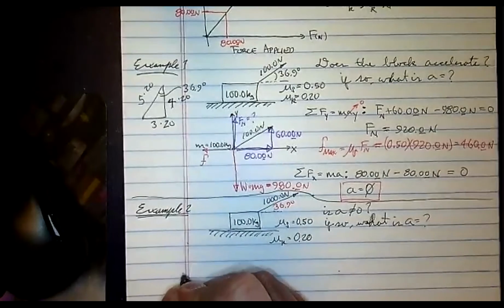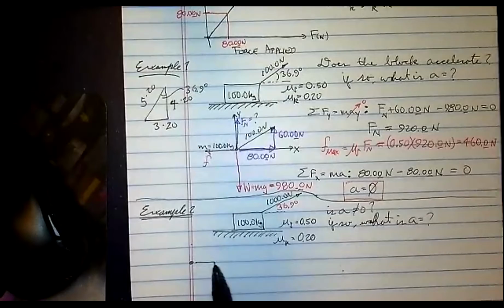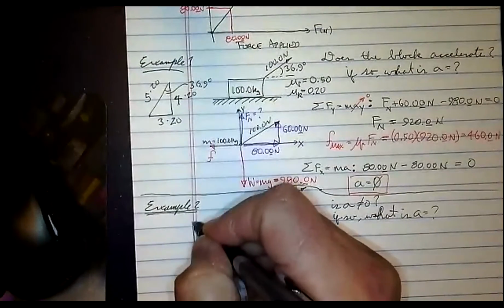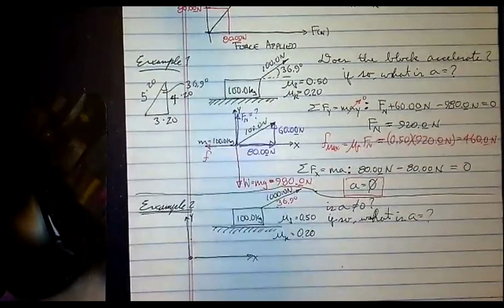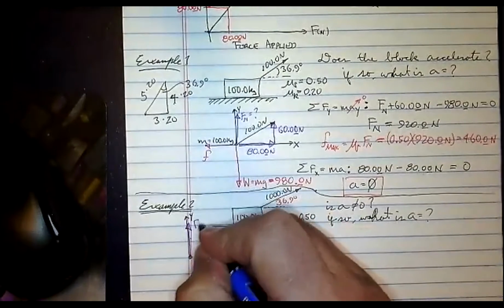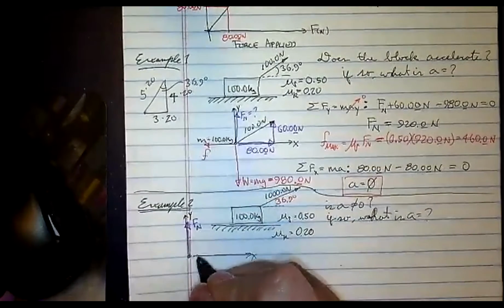I'm going to draw my free body diagram again. I'm going to use the right as the positive x-axis. I'm going to use up as the positive y-axis. I'm going to remember that my normal force points upward, and that's positive, so I'm going to use purple. I'm going to remember that my force F